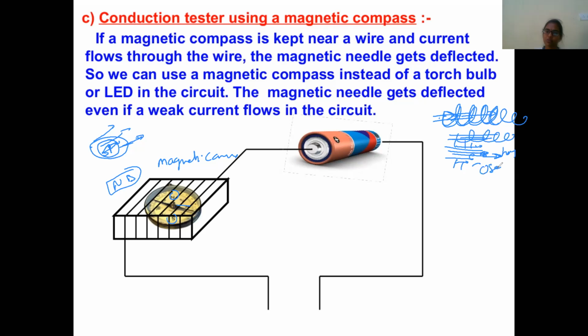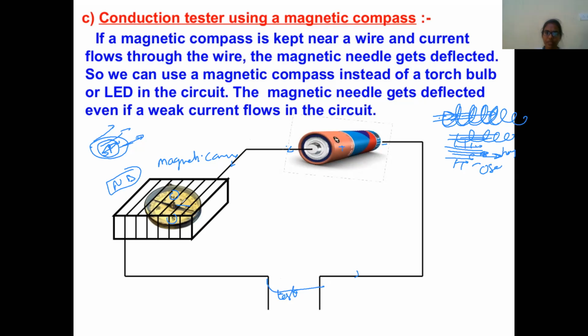This was proved by Oersted. Scientist Oersted proved it. So when you pass electricity, suppose this is the positive terminal and this is the negative terminal, the current goes from the positive terminal to the negative terminal and comes back. Imagine this is a closed circuit. Here, in the gap, we put the object we are going to test.